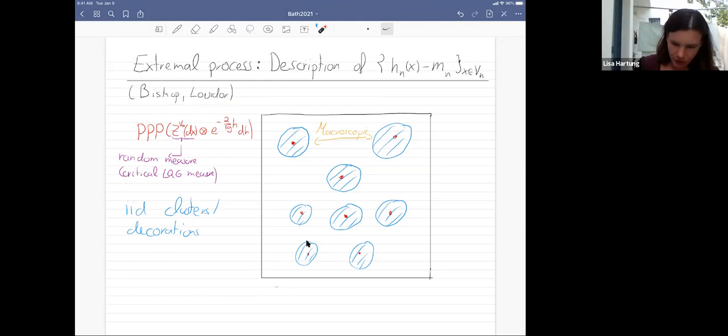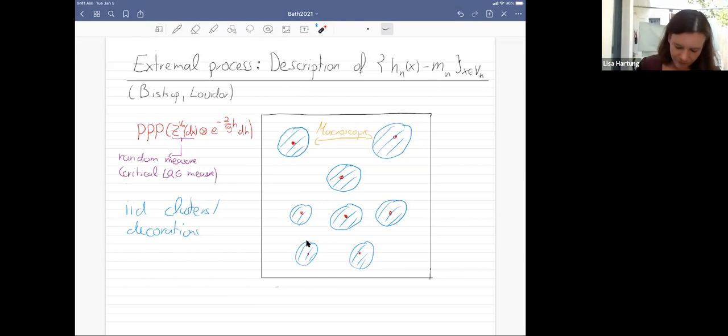Instead of giving you too many formulas, let me explain it to you in a picture. There are a few very high mountains where the field is of order of the maximum, and these few high mountains have a peak. To these peaks, which are the red dots in this picture, we refer as extreme local maxima. These peaks of the mountains are then surrounded by the rest of the mountains, namely by neighborhoods where the field is very high as well.